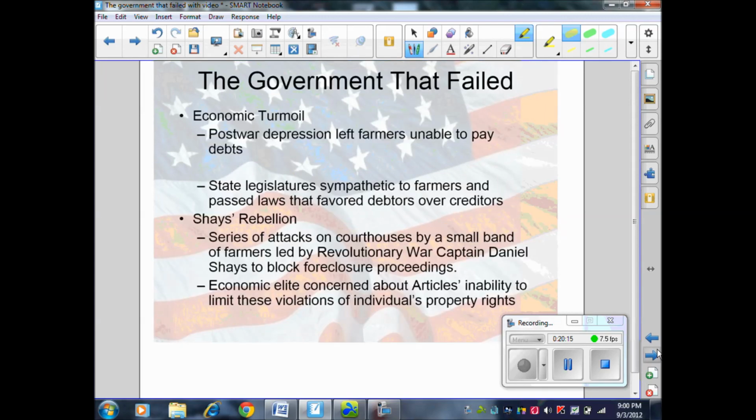The government was in huge debt from the war, and so it needed to raise money. The national government did, but it had no good way to do so. So what happens here, and we're going to watch a quick video about it in just a moment, was the nation went into what you call economic turmoil, which is just a huge depression where many, many people are left in debt, and the government's out of money, and the government